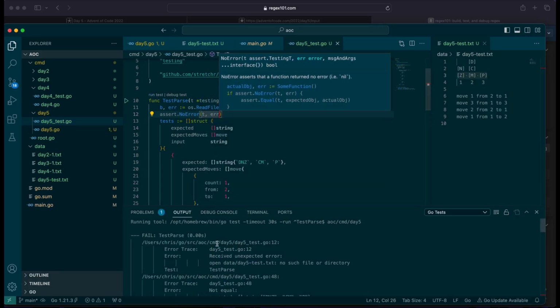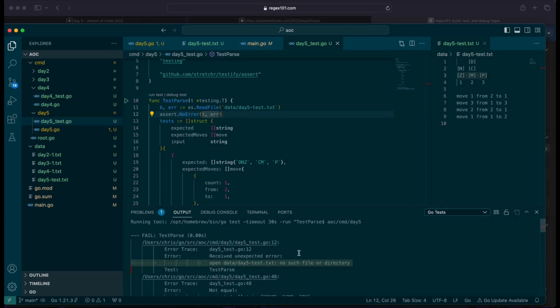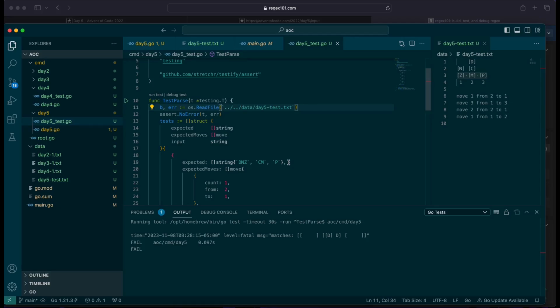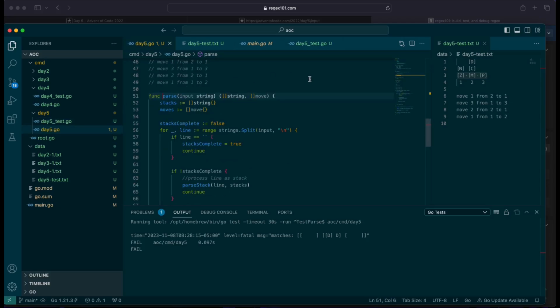Just make sure we're reading that input correctly. No such file or directory. Okay, so it's not finding my data. We might need to go up one directory, because we're in what, day 5? Oh, we got to go up for commands. There we go. Okay. Got it. So,